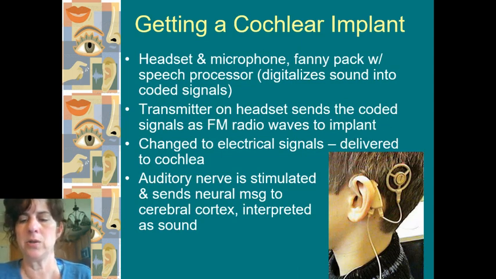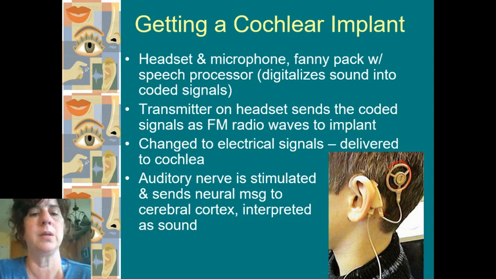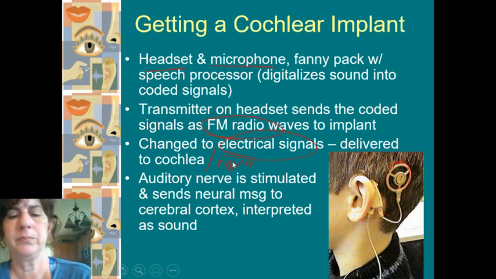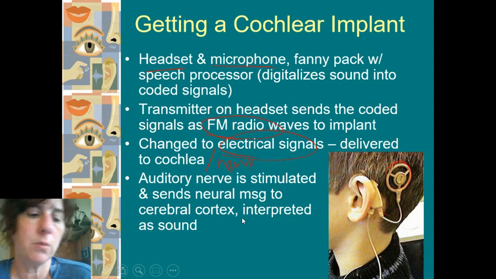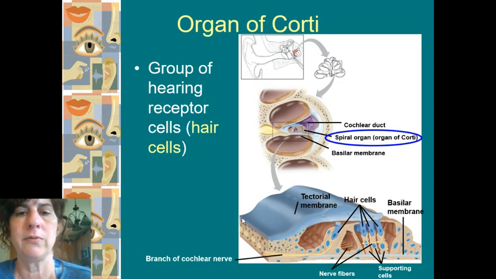And you can see in this picture here, here's basically the receptor, and the kid can control it, the adult can control it, but it picks up on the sound and makes it an electrical impulse. So you have the headset, you have the microphone, a little ability to change settings on it as they want to. But really it's radio waves that then become electrical signals that are delivered to the cochlea, specifically to the nerve, right? And the nerve then sends that impulse on to the brain, the cerebral cortex. And now we have sound. The part that was not working is bypassed, and we get those electrical signals further on.